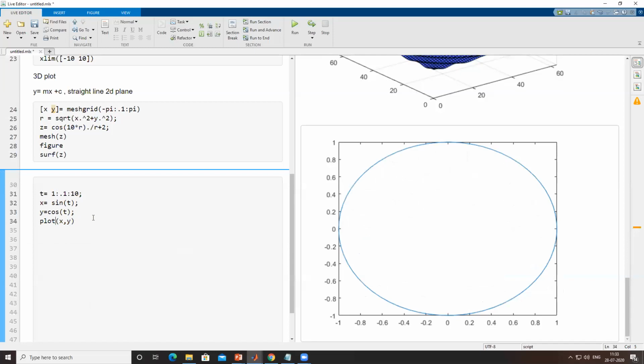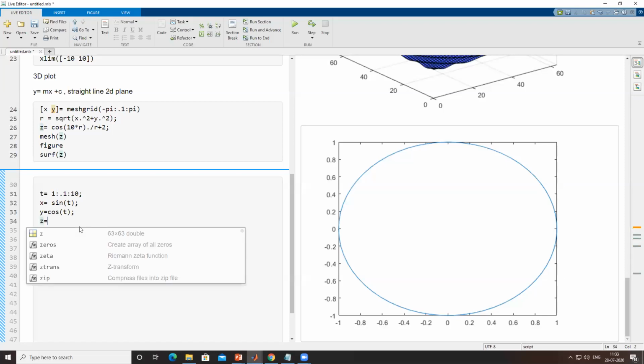Now in order to make a 3D plot, my sole purpose here is that as it moves from one side, the elevation should increase. So the Z direction should also change in a linear fashion.